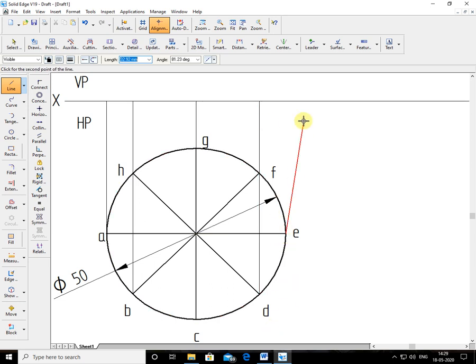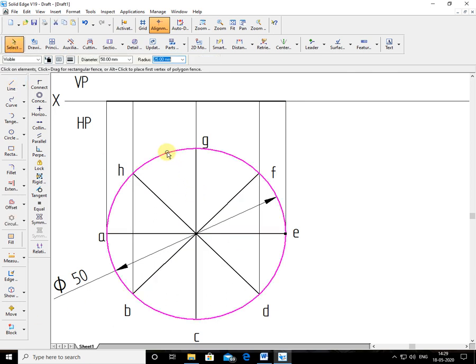Okay. Now I'll join the line from here to here. So thickness how much here? I'll take 1 mm thickness so you can see it easily on the video. Okay. Now I've taken 1 mm. So now here this is the line. Now this is the front view. This is the front view. Now I'll name this as a.